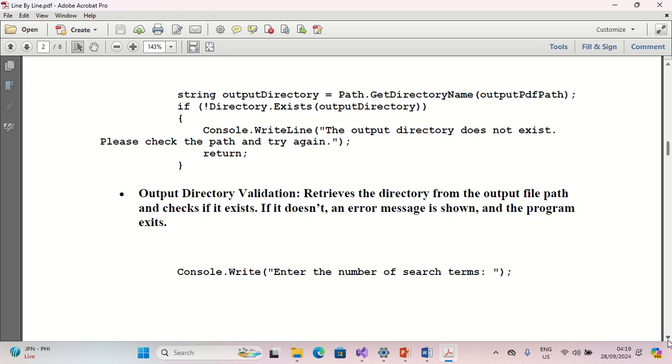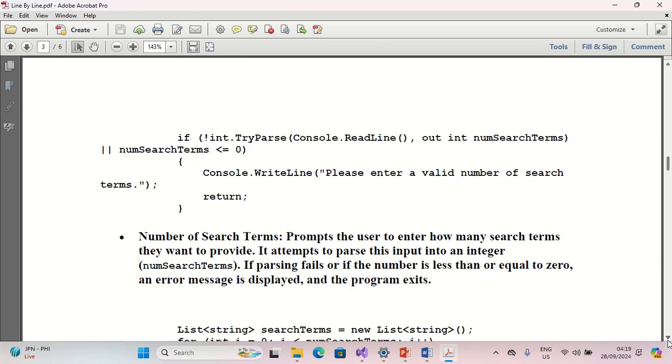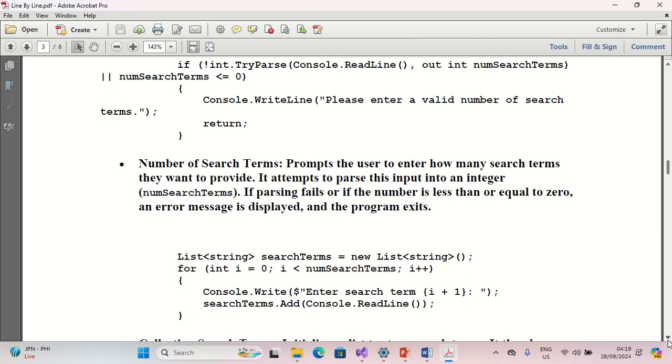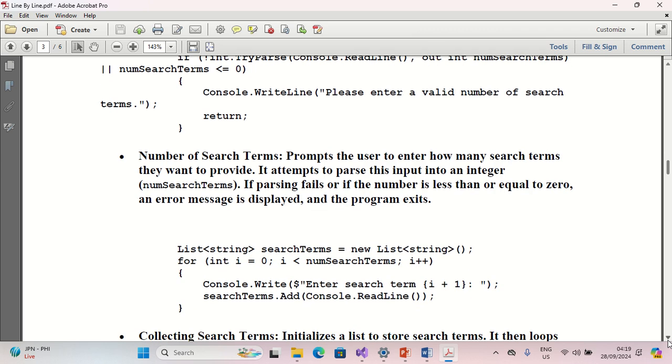Console.Write, enter the number of search terms. If int.TryParse, Console.ReadLine, out numTerms, and numTerms less than or equal to 0. Console.WriteLine, please enter a valid number of search terms. Return. Number of search terms prompts the user to enter how many search terms they want to provide. It attempts to parse this input into an integer, numTerms. If parsing fails or if the number is less than or equal to 0, an error message is displayed, and